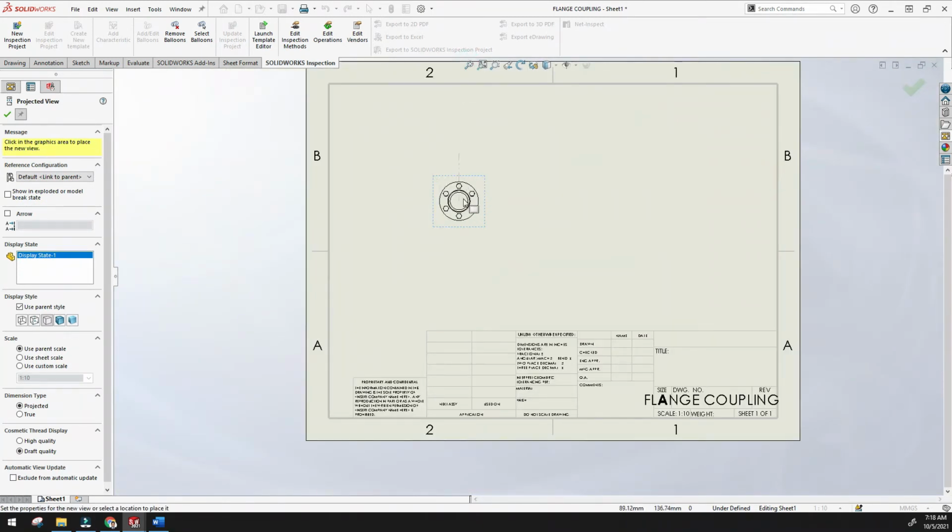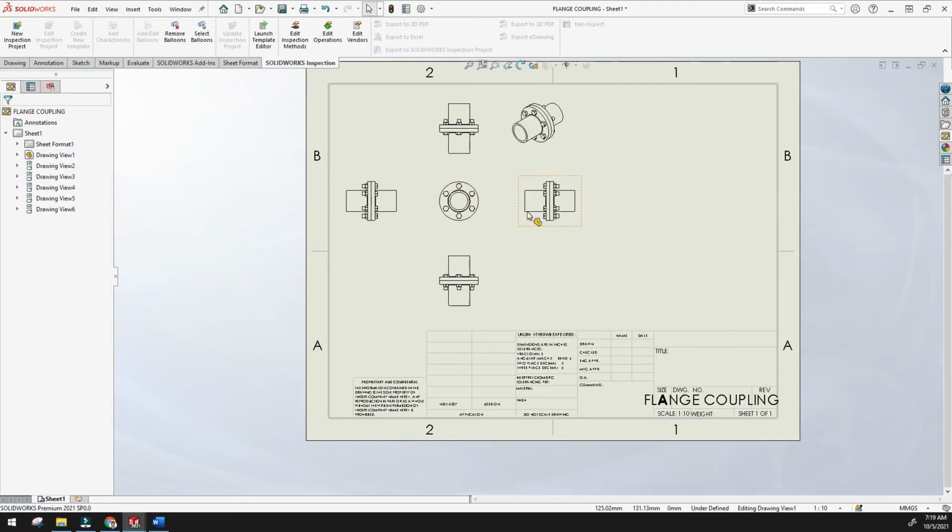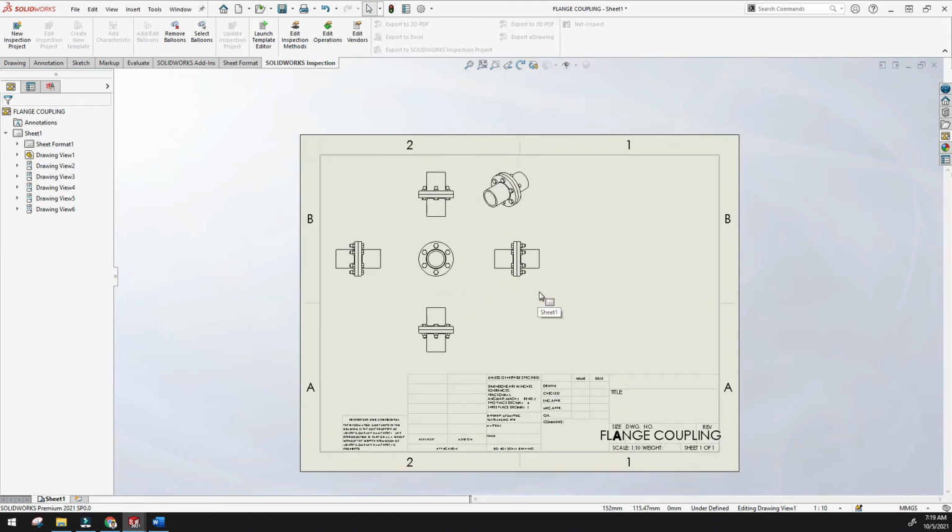Once you hover down, you will have the bottom view. Just click right; there is no need to click any mouse button, you just have to drag and hover the mouse from the front side to the right side, up side. If you go diagonally from this side, you will have the isometric view. If you go this way, there is the left view. So finally, you can create it like this. Just press Escape, and see, here it is, finally I have it.